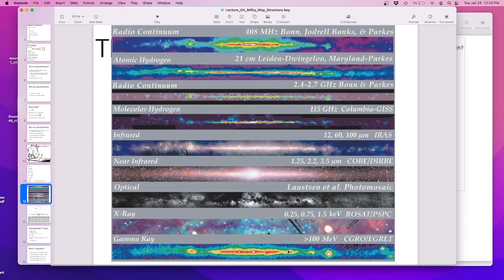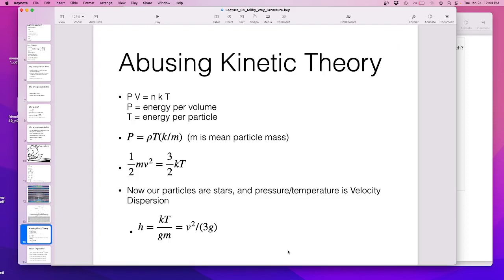So the different scale heights have to do with different physics in the gas or a stellar population. Now I'm going to relate temperature to, so I was just talking about temperature. Stars don't have pressure, so I can't really talk about pressure of stars. That doesn't make any sense. Let's look at,